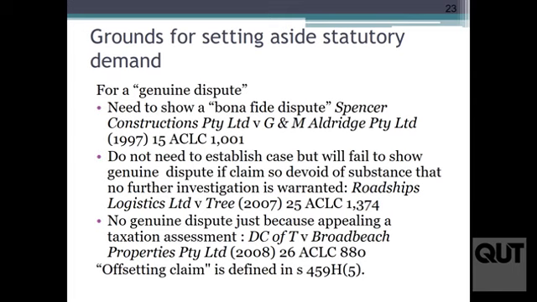So if you're disputing things with the tax department, the mere fact that you've lodged an appeal on your tax assessment because of certain provisions in the tax legislation, that will not amount to a genuine dispute. The way the tax legislation works is you need to pay the debt up front, and if your appeal is successful, then you get your money back later. And the reason why I have raised the tax department here is that they use statutory demands to pressure people to pay outstanding debts.